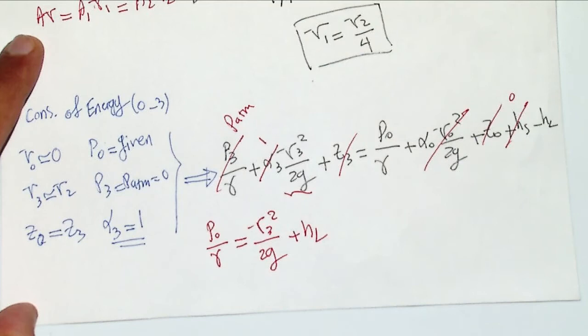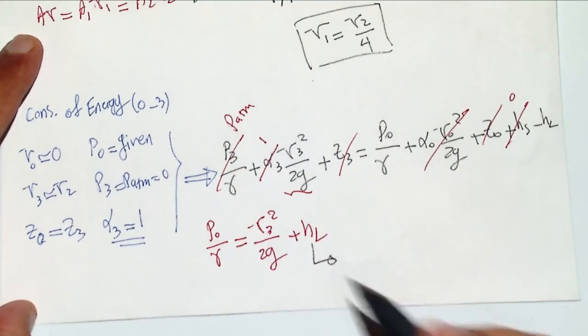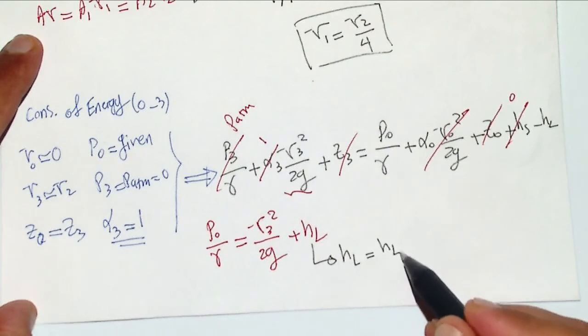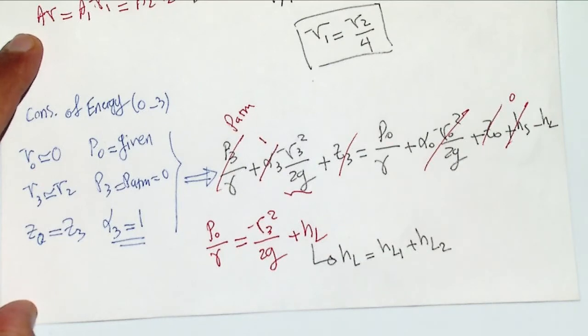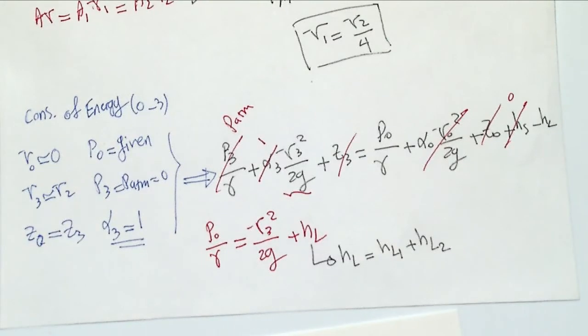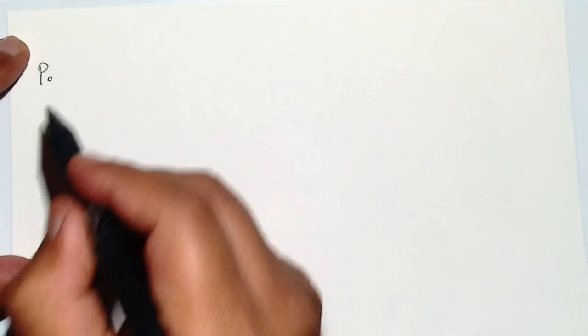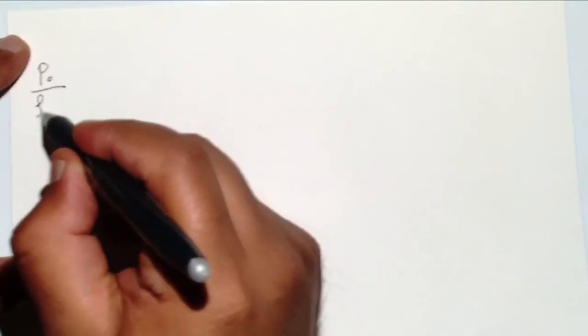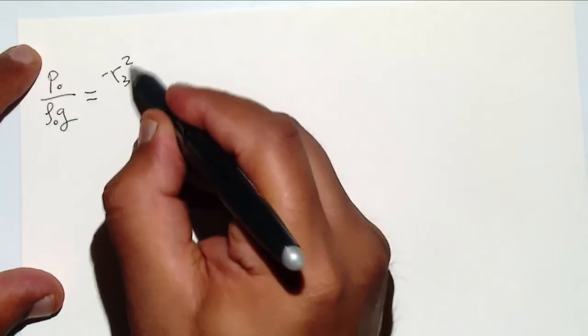Okay, but again from the last part of chapter 8, we know that when we have a smooth pipe but in series of pipes, then the head loss is going to be equal to the head loss for pipe 1 plus the head loss in pipe 2. It's like resistance in wires, right? So now we can rewrite the equation as P0 over gamma, which is rho 0 g, is equal to V3 squared over 2g